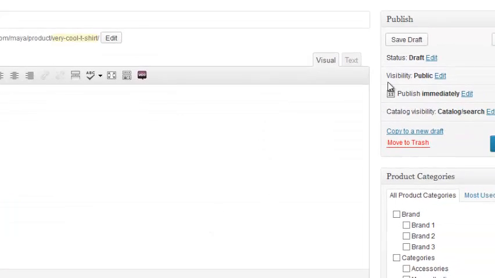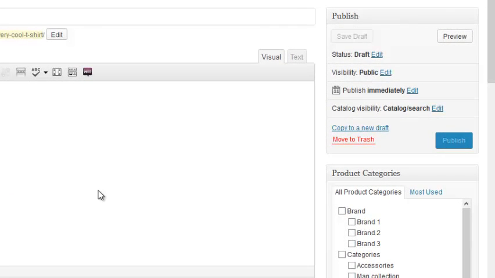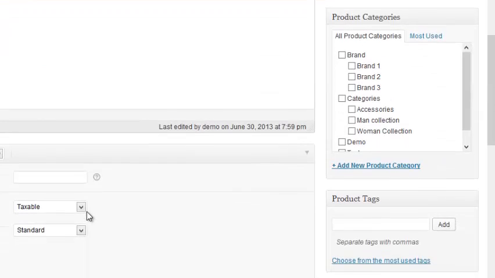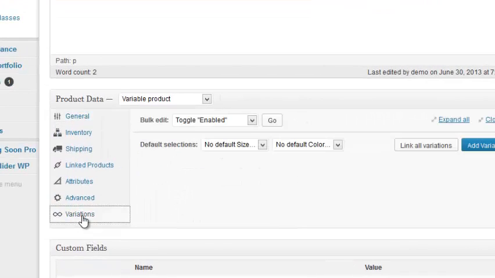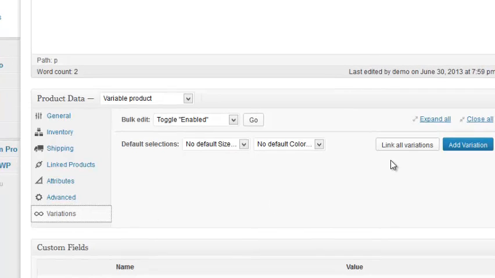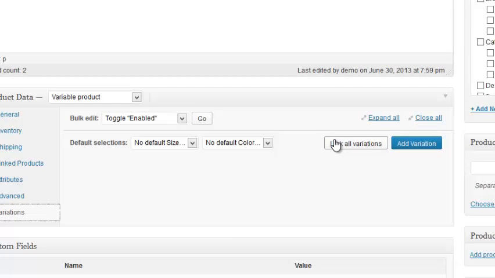Now I'm going to just save it right here. I'm going to save draft just to make sure I don't lose anything. And then I'm going to go to variations. Okay, now here what I can do is I can just link all my variations, or I can add it one by one. So let me just show you what adding it one by one would do. So if I add variation here,